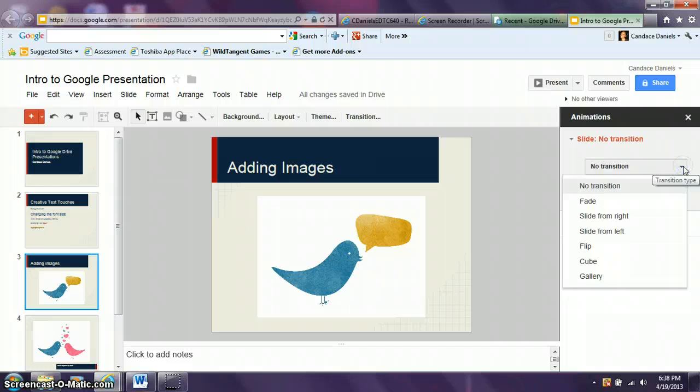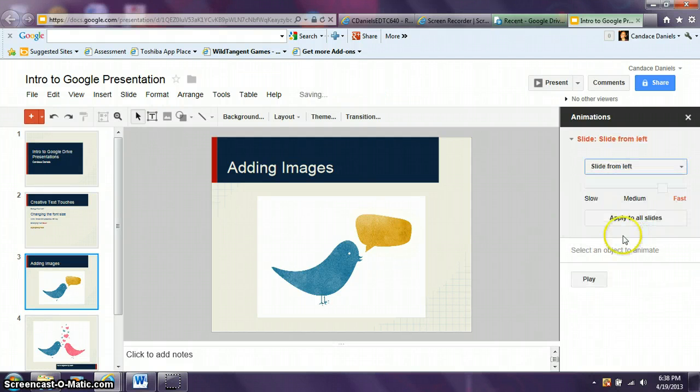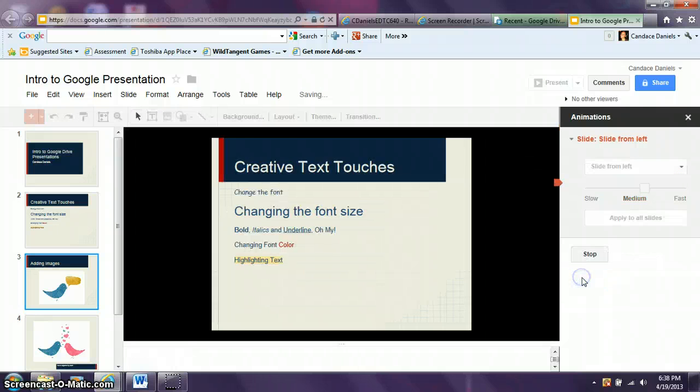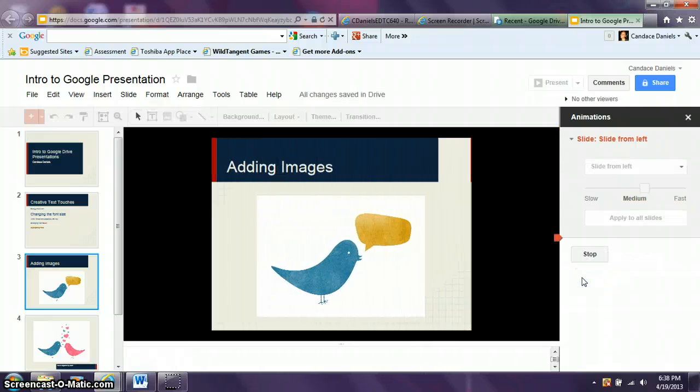and I'll stop this and go on to slide 3 to add another type of transition. And this time we'll have it slide in from the left. Slow it down again, down to 2.0, and we'll play the transition to make sure that's what we actually like. I'm not a big fan of that, as it gives a back and forth motion that I don't think the viewers will agree with or take too lightly,